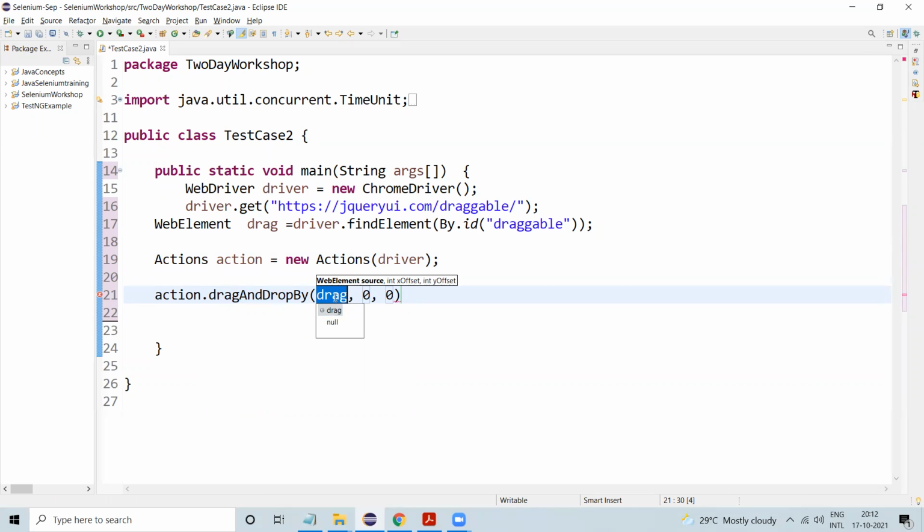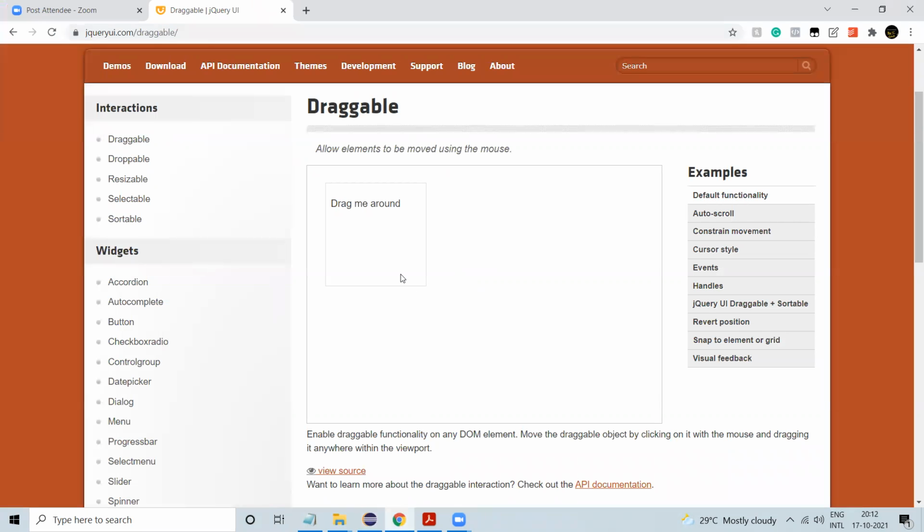So here we need to pass the element, then xOffset, yOffset. In the particular variable, here we need to give any x axis, y axis. If suppose one more element is there and I just wanted to drop onto that particular element, then we need to go with dragAndDrop by element.